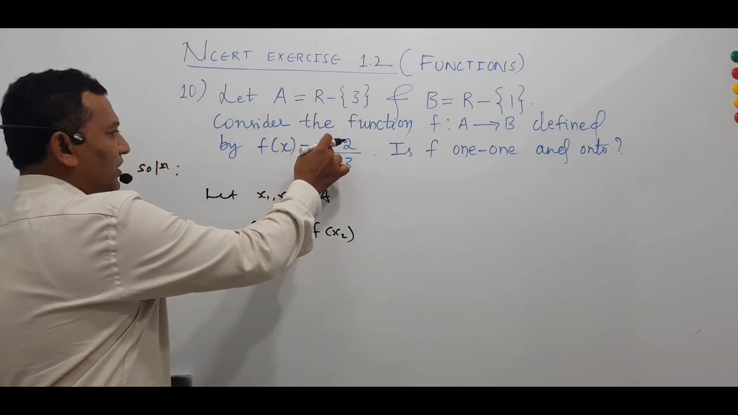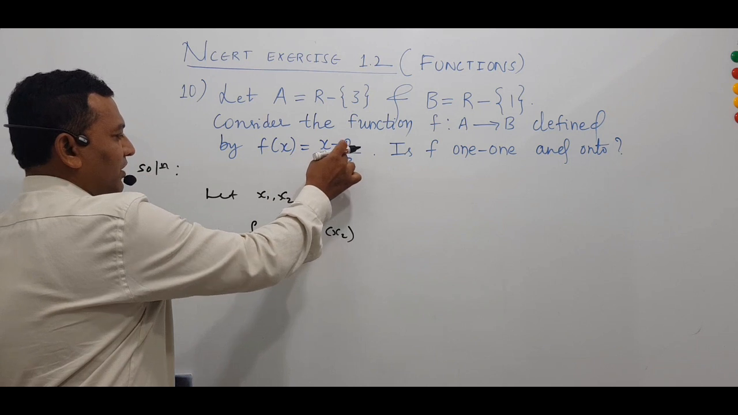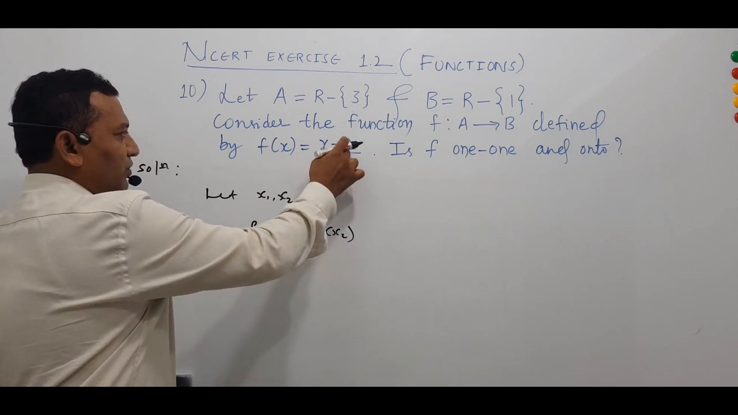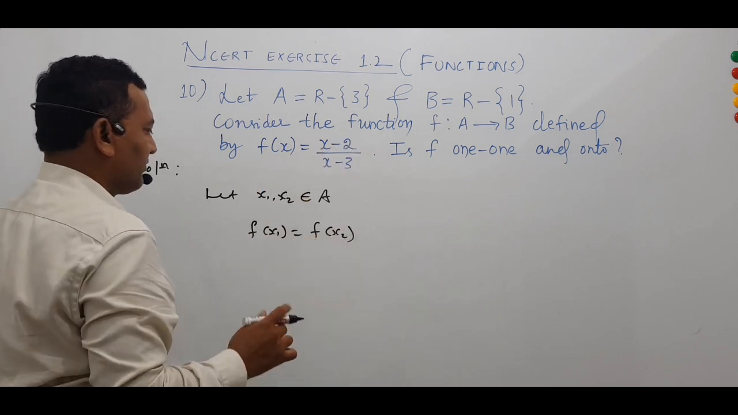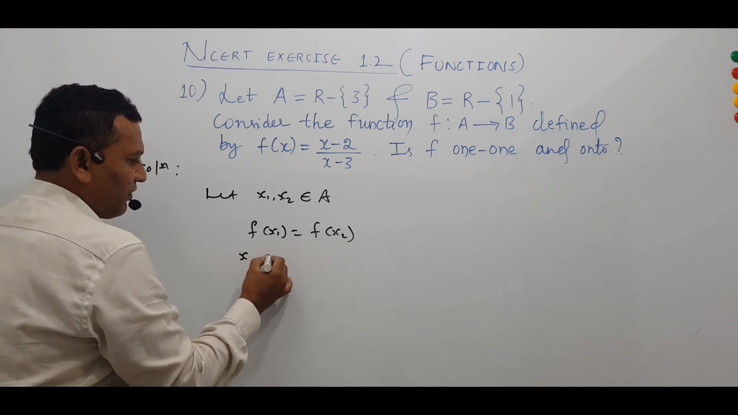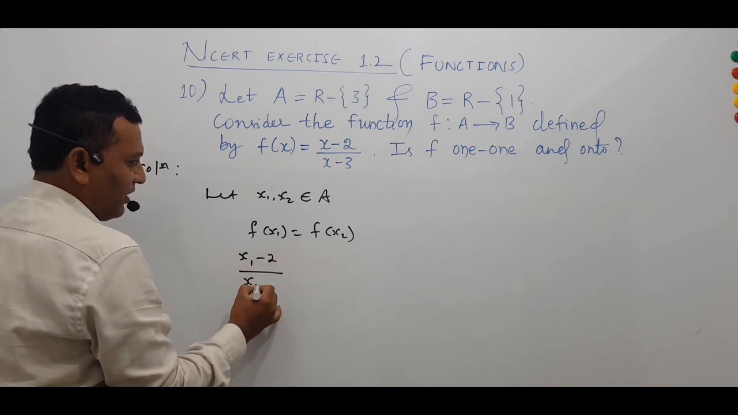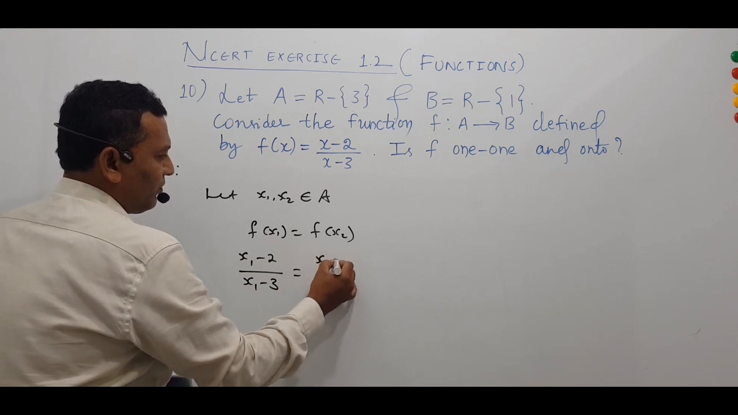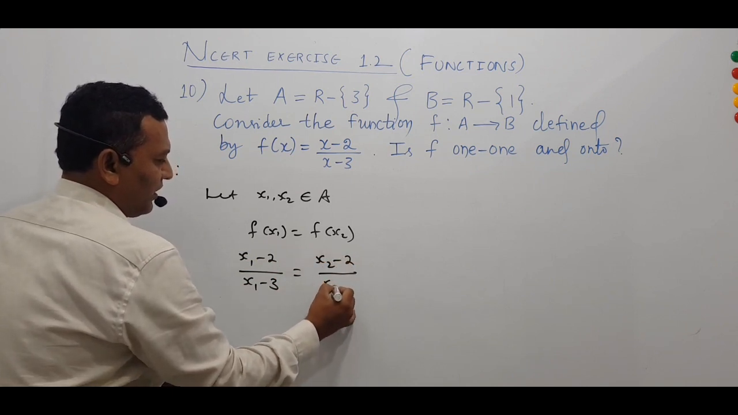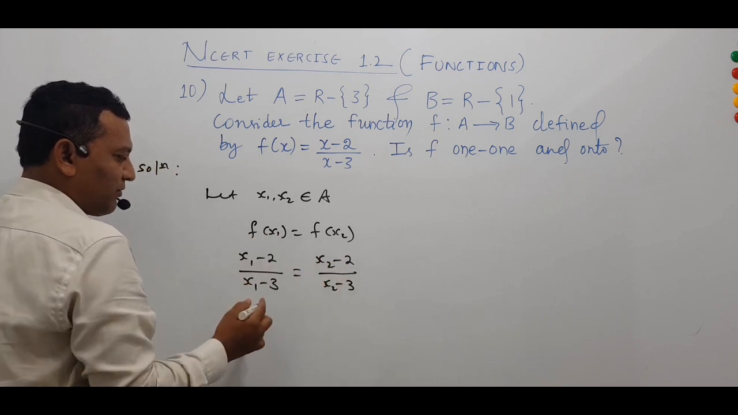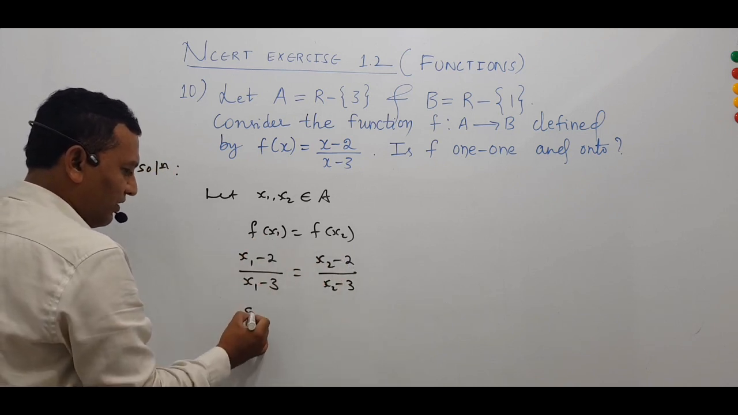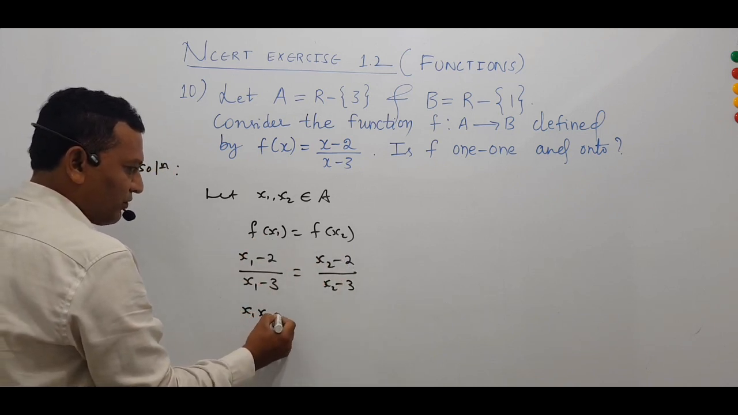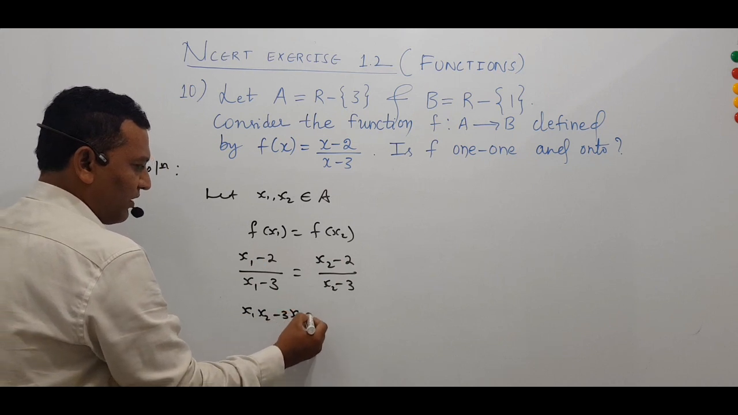Now we will substitute x2 in place of x1 on the right side. Now it is (x1 - 2)/(x1 - 3) = (x2 - 2)/(x2 - 3). Now we will cross multiply this one. I will get x1x2 - 3x1